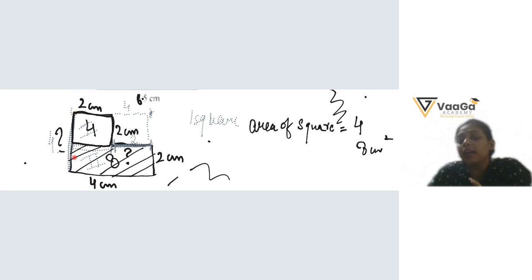If I want the area of the whole figure, how will I calculate it? You can add it. So when I add it, what will I get as an answer? 12 centimeters square. So the area of this whole figure is 12 centimeters square. Did you get the idea how we calculate the area and the perimeter of compound figures if some of the sides are missing?